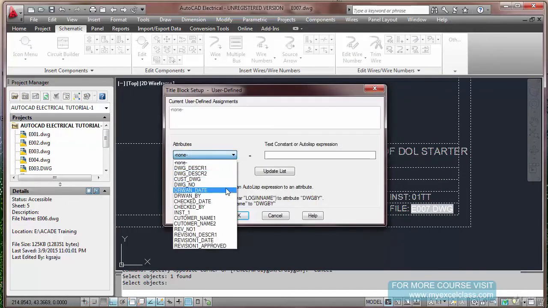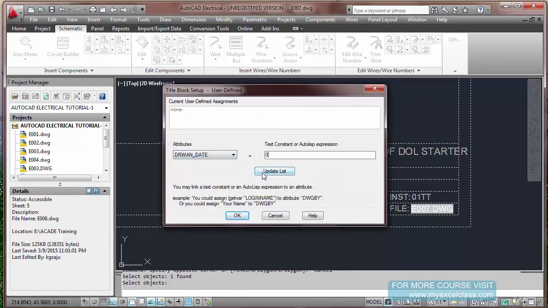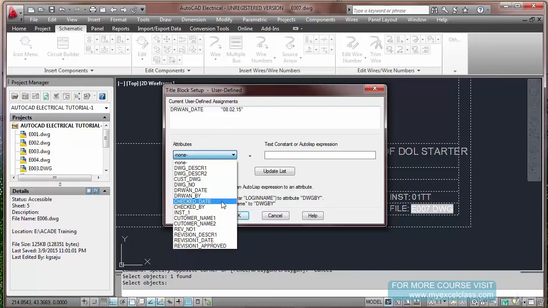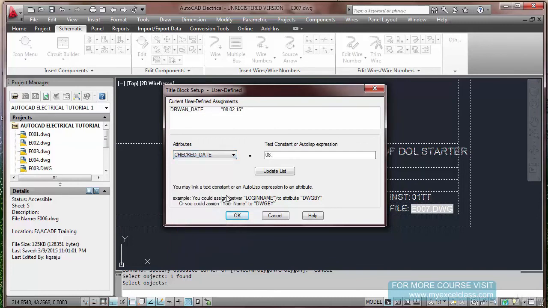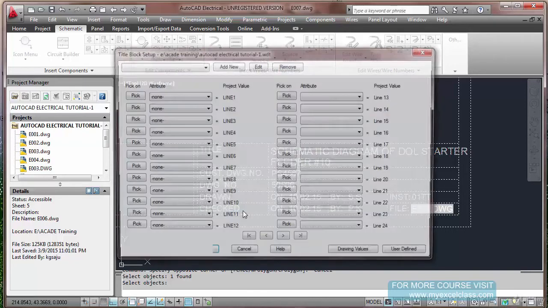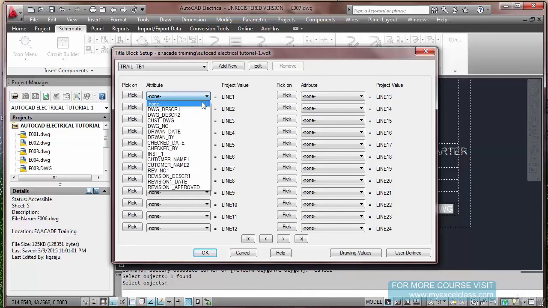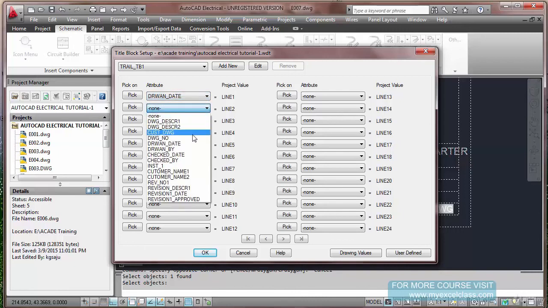You want to change drawn date into 8/02/15, update list. Coming back, check date, again you want to put 08/02/15, update list, OK. Here you have to again select drawn date, and you should keep these things in your mind.